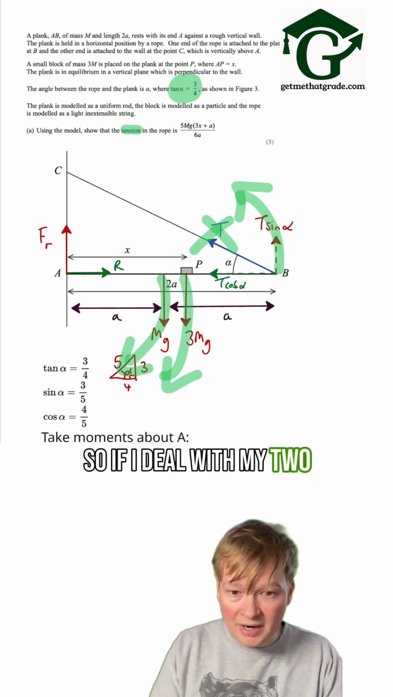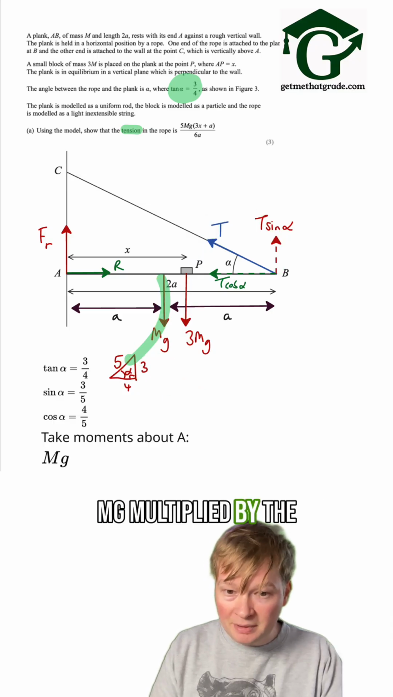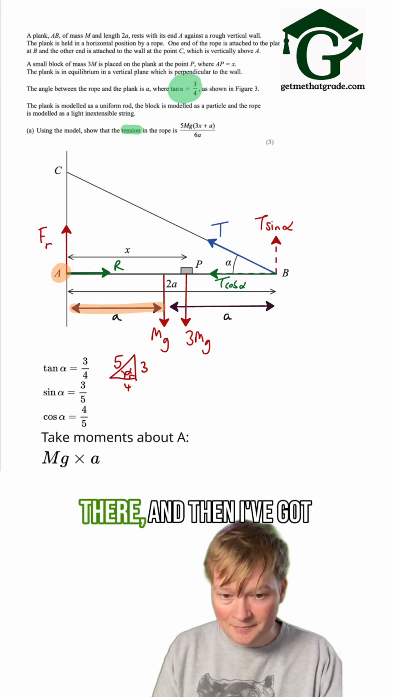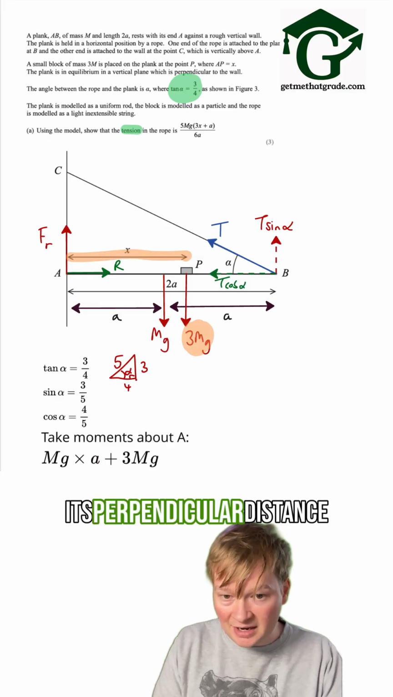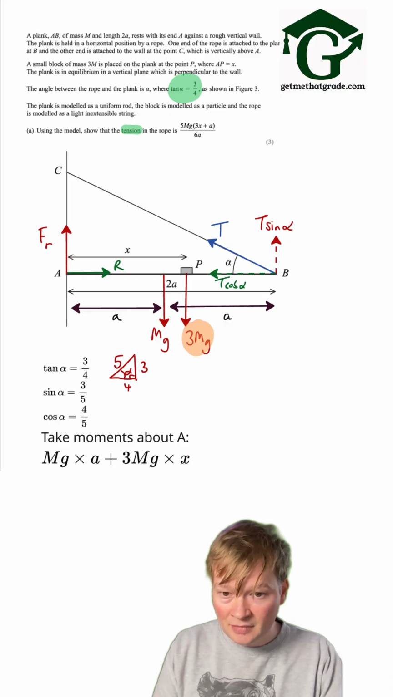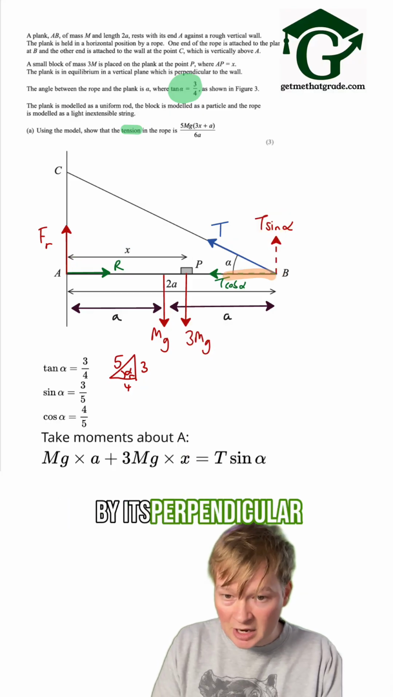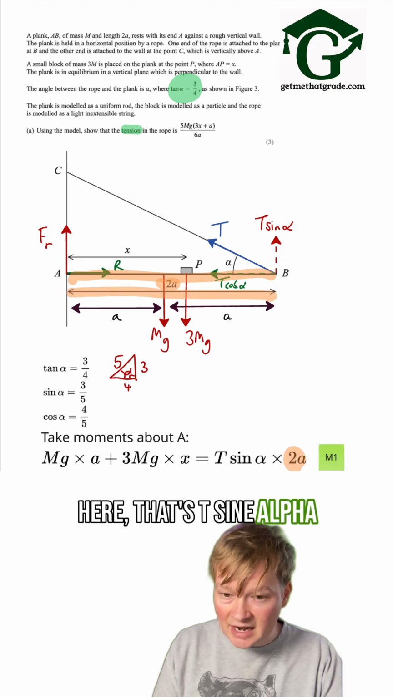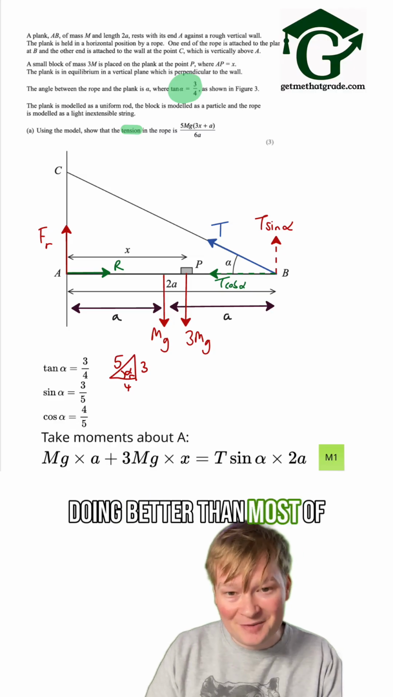So if I deal with my two clockwise forces, I've got mg multiplied by the distance to my pivot point, A, the perpendicular distance there. And then I've got 3mg, the force, multiplied by its perpendicular distance to the pivot, that's x. Next, dealing with this force, we have T sine alpha multiplied by its perpendicular distance to the pivot. That's this entire length here, that's T sine alpha multiplied by 2a. If you get that far, you get your first mark, and you're doing better than most of the candidates that